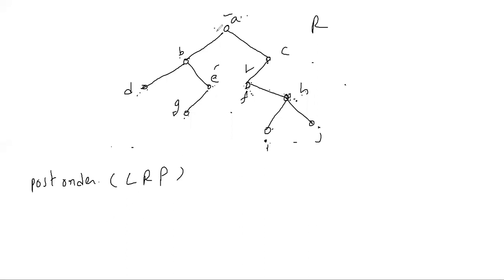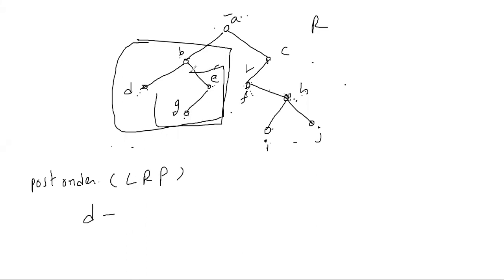So now left. Come to left. B subtree will be there. For B again what you do? Go for the left side. What is there? D. On the right side again a subtree is there. Whose subtree? E subtree. Again for E go left: G. Next, E's right side, what is there? Nothing. L completed, R completed. Parent, E. So E subtree completed.